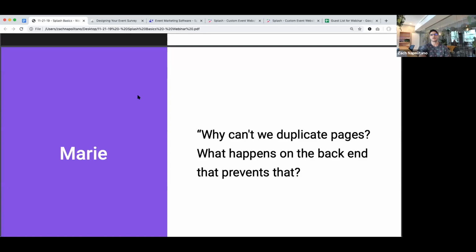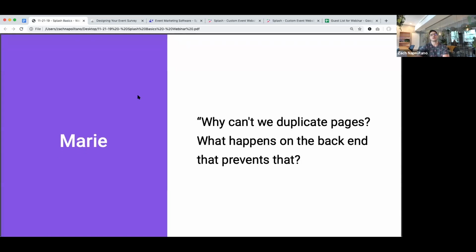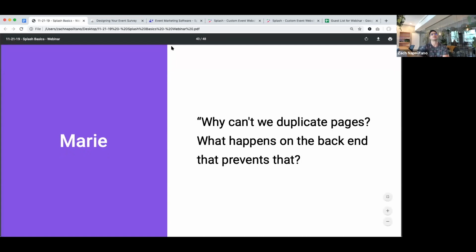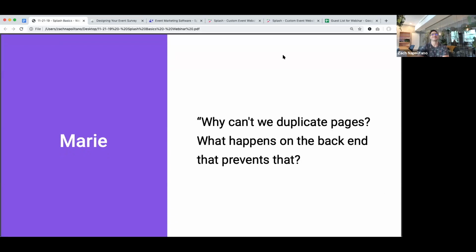It's an enterprise-only feature. Or you may be in a Splash organization where your program leader, for whatever reason, does not want duplication to be a function that you use, and therefore it's been disabled. We do not disable that feature for anybody by default. So it would have to be either someone decided it or you're using a freemium tool. If it's something else, reach out to us, okay? We're here for you.